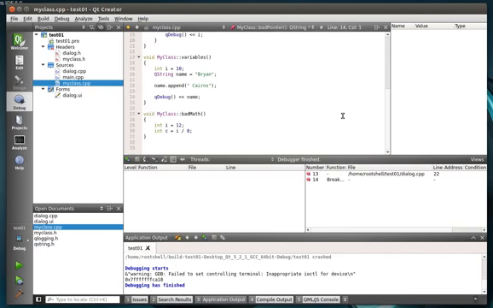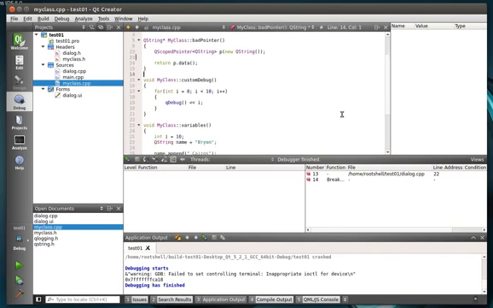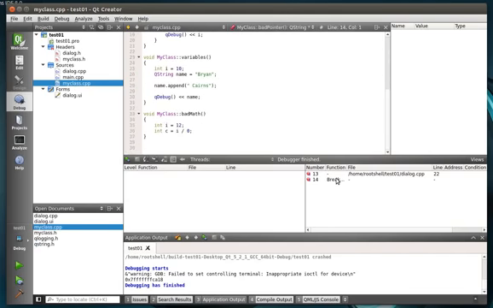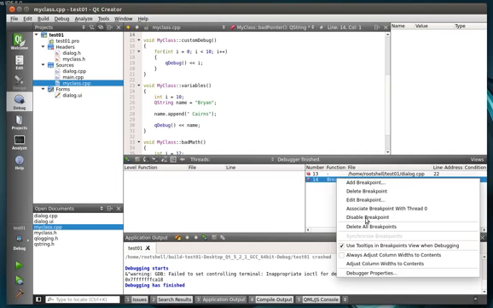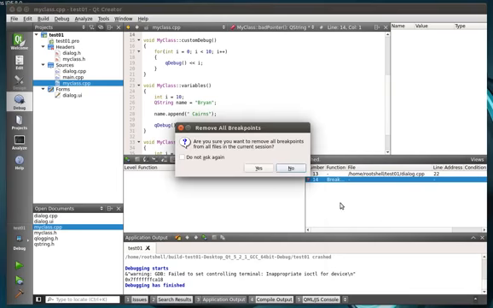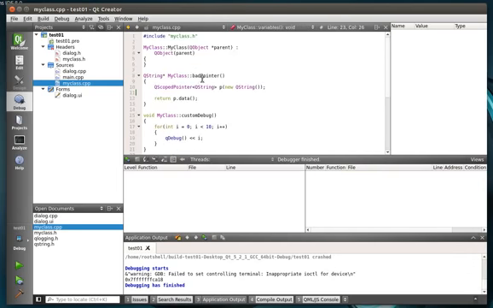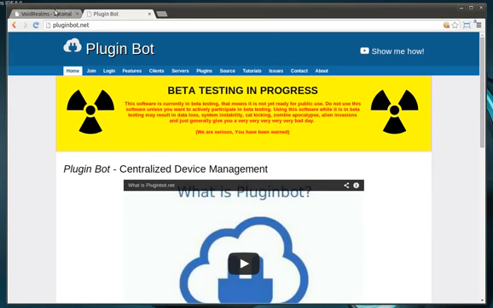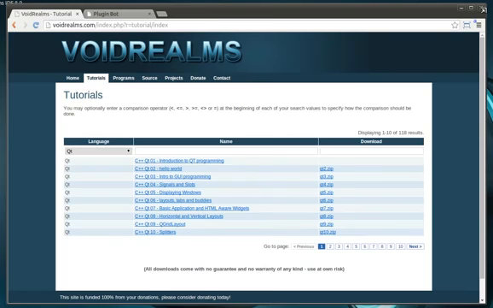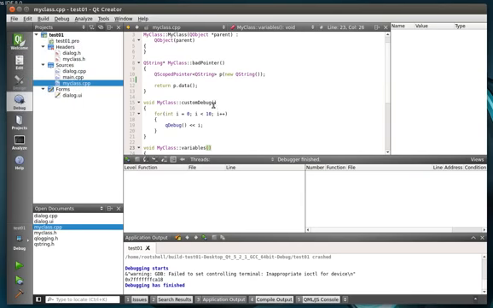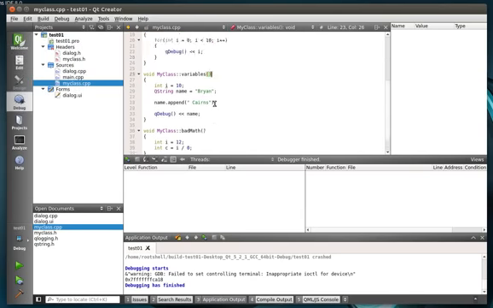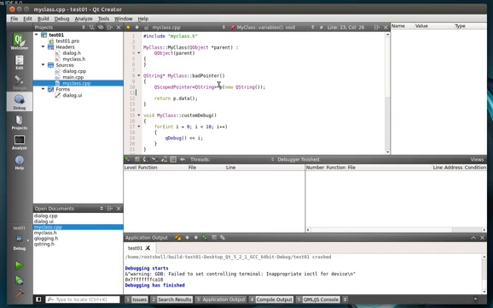You can do many, many more things, and you can actually do some very cool things. Unfortunately, I don't think the breakpoints actually persist with the code. I will put the code out on my website, voidrealms.com, just so you can see exactly what I've done and play around with it a little bit more. This is horrendous programming. Don't ever do this, but this is just for